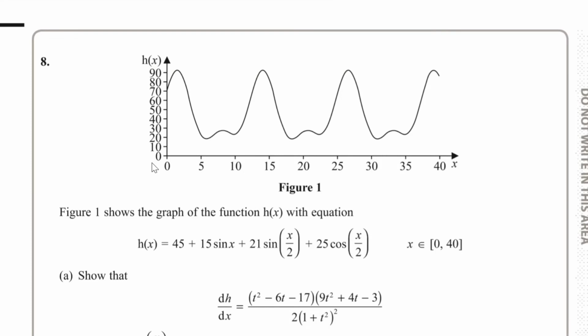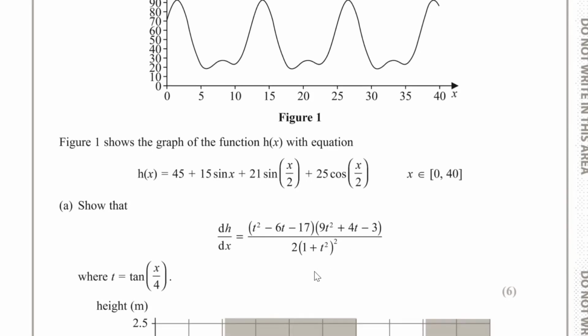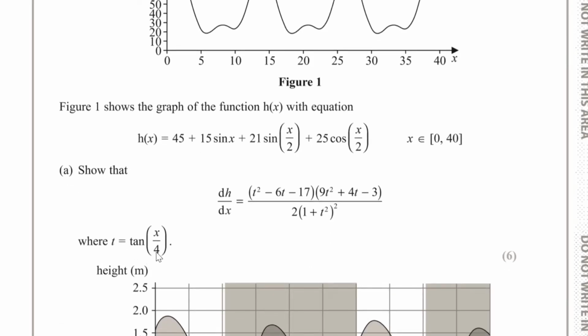Question number 8. We have figure 1 over here, which shows the graph of the function h of x with equation h of x equals 45 plus 15 sine x plus 21 sine of x upon 2 plus 25 cos of x upon 2, where x belongs to a set of numbers between 0 and 40. For part A, we have to show that dh over dx is equal to t squared minus 16 minus 17 lots of 9t squared plus 4t minus 3 all over 2 lots of 1 plus t squared squared, where t is equal to tan of x upon 4. So with our t formula,